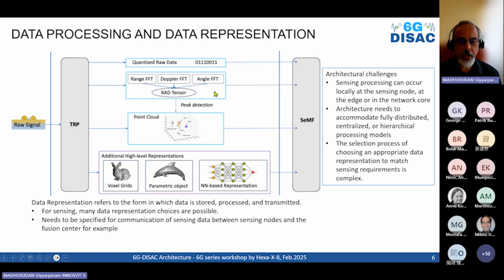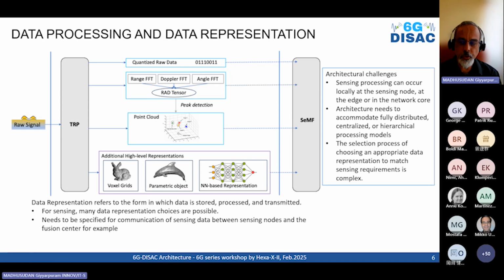Or typically, like what happens with radar, you have these range Doppler maps, which could be transmitted. Or you could transform and then locally perform the peak detection and send a point cloud, which is an estimate of the number of targets that you're seeing and their parameters such as range, angle, Doppler, and so on. Or a whole bunch of high-level representations, quite a number of AI-based, parametric representations, which take care of extended